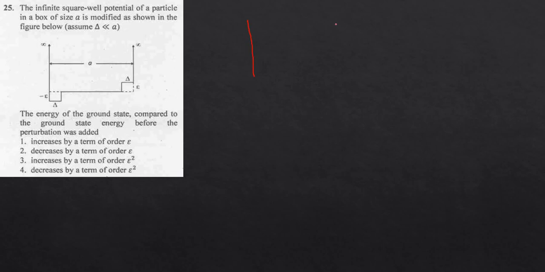मतलब जहाँ ये boundaries पे जो potential है that is infinite, उसको perturbed किया है. The potential is modified, और you can say perturbed किया है. यहाँ पे एनर्जी है माइनस एप्सिलॉन और यहाँ पे है एप्सिलॉन. The perturbation is minus epsilon और इधर है epsilon in the range delta, and this is the width of the potential A.